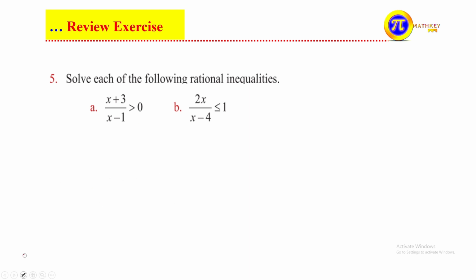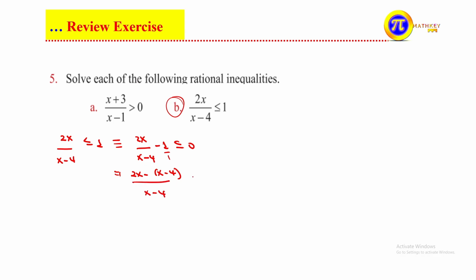ሁለተኛውን observation that is b, it says that 2x over x minus 4 is less than or equal 1 ይላል። Let's take this one to the left side ስንወስደው ይሄ equivalent to this is 2x over x minus 4 minus 1 is less than or equal 0 ይሆናል ማለት ነው። ይሄኛውን ወደ left side ስንወስደው ኔጌቲቭ ይሆናል። After that take the LCM for this one, LCMችን x minus 4 ስለሚሆን which is equals 2x minus x minus 4 over x minus 4 ይሆናል less than or equal 0።